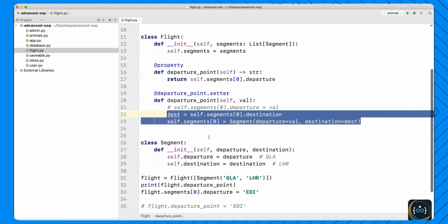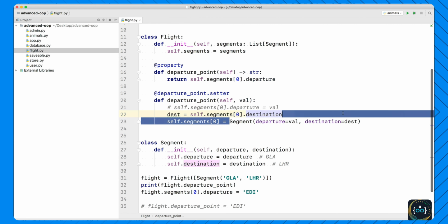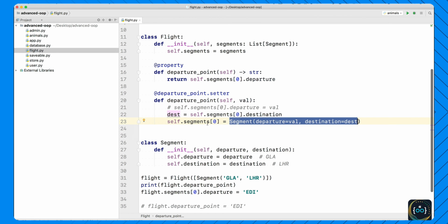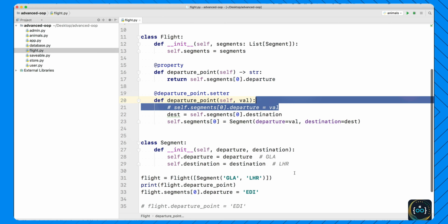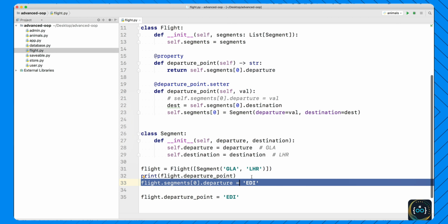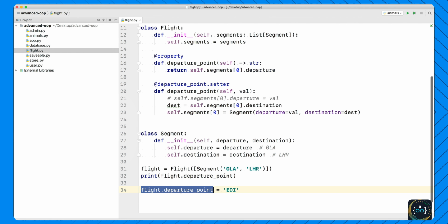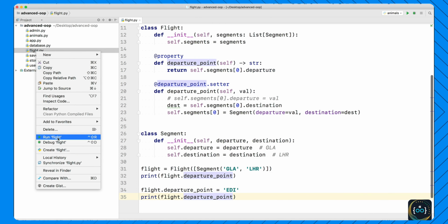The only reason I'm doing this is to show you again what you could do if you were not able to change the segments themselves. You could just create a new one, replace segments 0 for that. That would be fine. Okay. Now you can do this. So you can delete flight.segment0.departure equal EDI and now say flight.departure point equal EDI. And if you print flight.departure point, you'll see that when we run flight.py,